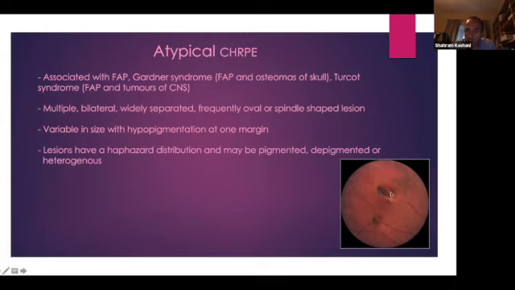Yeah, they're oval spindle shaped, and they've got this hypopigmented rim on one side. So when you've got lesions that are spindle shaped, bilateral, and have a hypopigmented rim on one side, then that definitely needs prompt referral, because we then need to ask the gastroenterologist to check them out for this condition. Now, FAP, there was a center at Northwick Park, which would, because it's a genetic